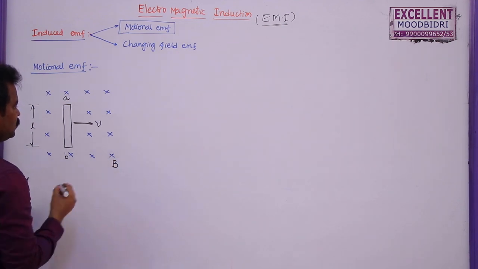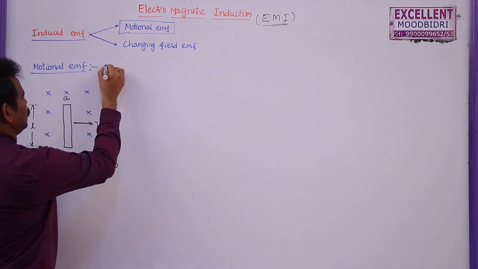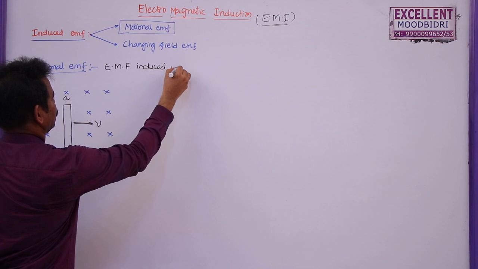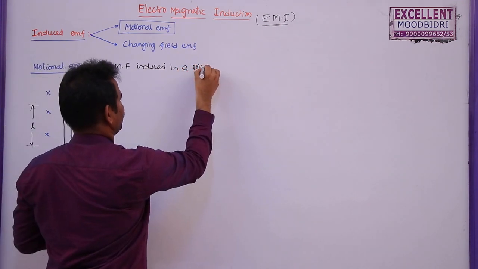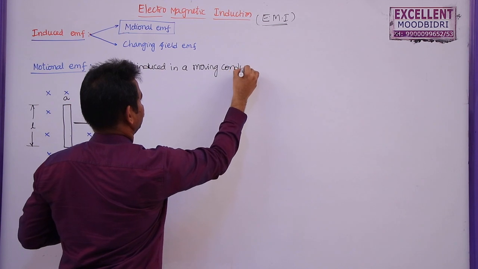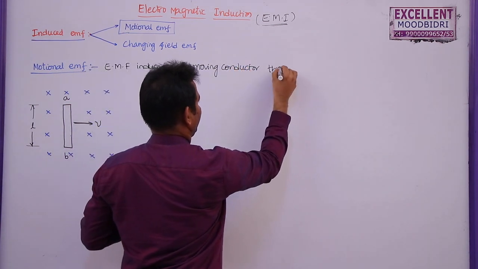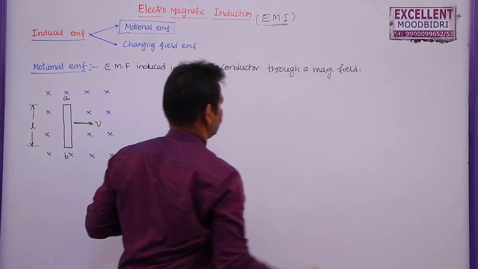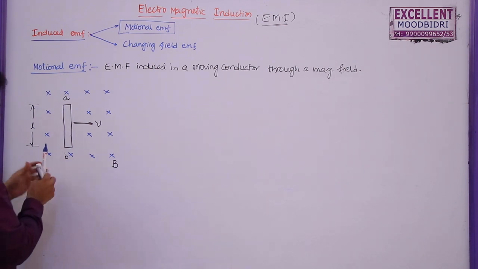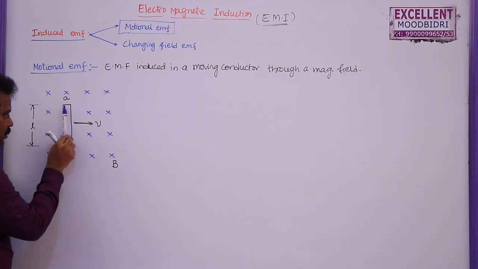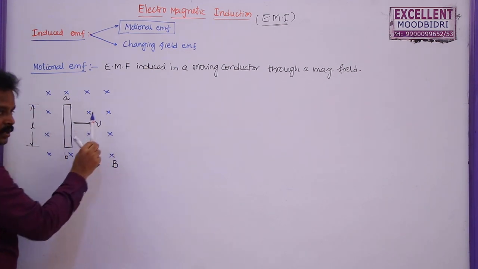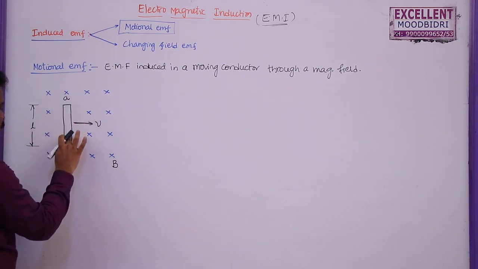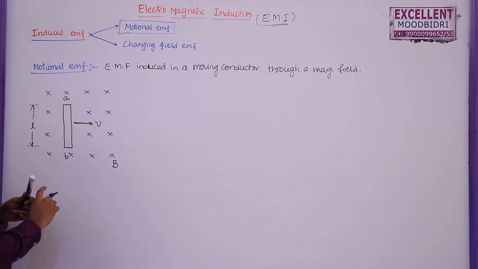Magnetic field induction in this case is B. Motional EMF is the EMF induced in a moving conductor through a magnetic field. In this case, whenever this wire or this conductor is passing through this, it is cutting the magnetic field. So when it is cutting this magnetic field, some EMF will be induced between the two ends of the wire. But how? You see, here let me take